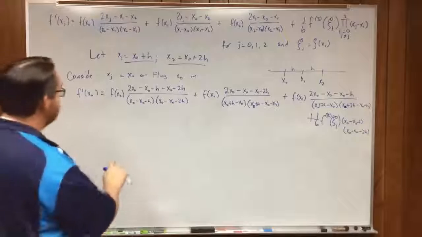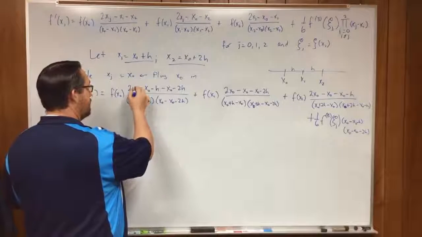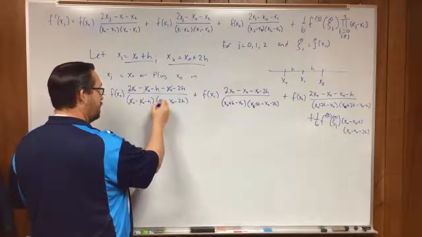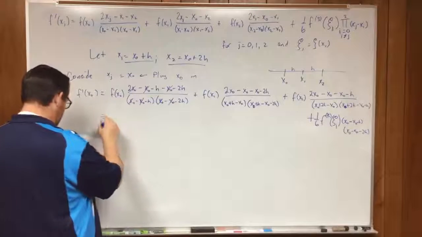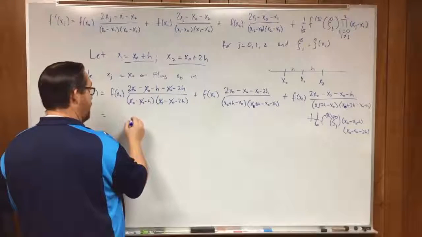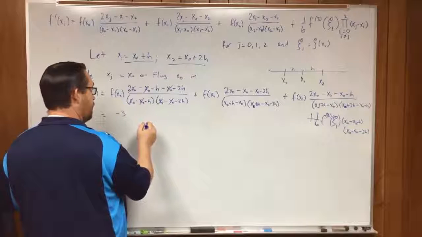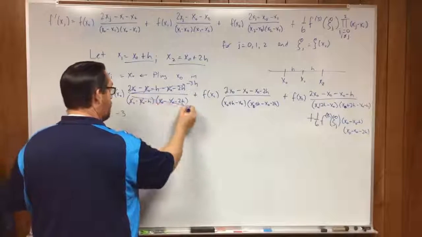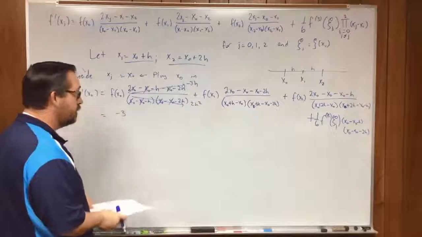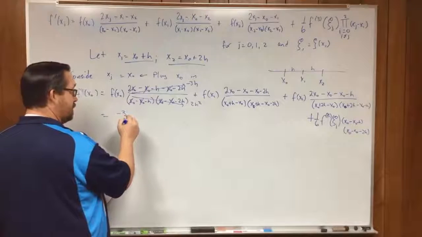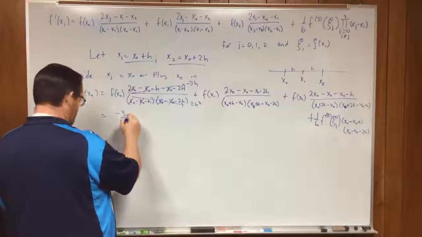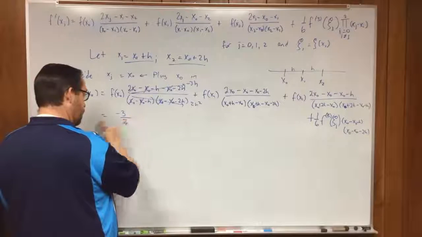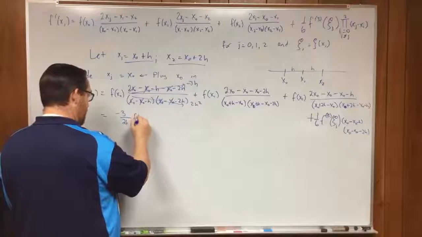So now we do some simplifying, because this x naught and x naught is gone. This is gone, and this is gone. And so you're left with a minus 3h, right? This is minus 3h over a 2h squared, right? So that gives me a minus 3/2 times h on bottom, so 3 over 2h times f of x naught